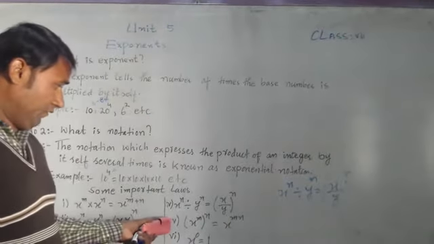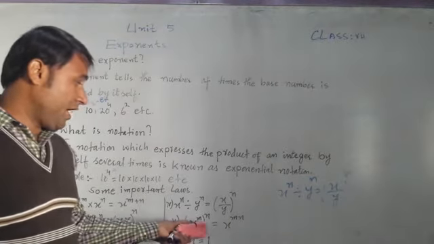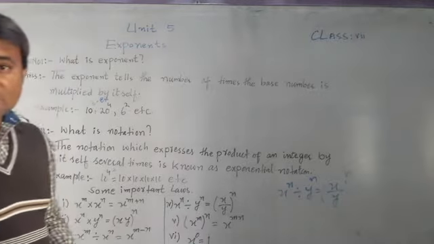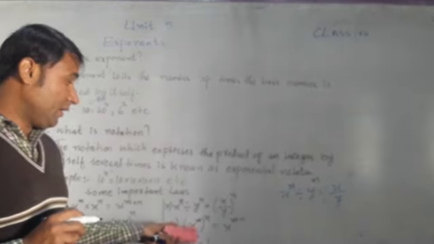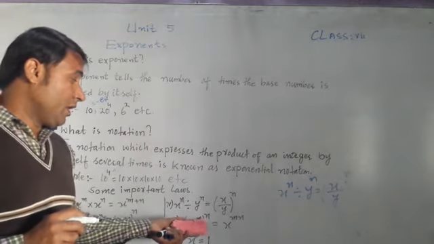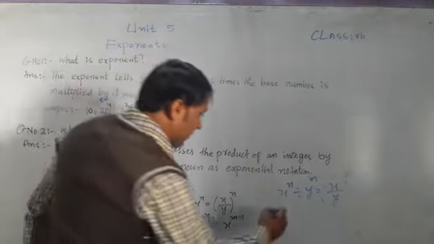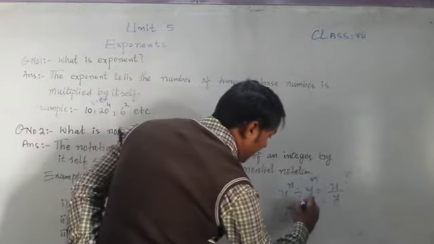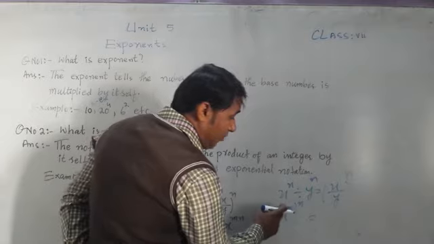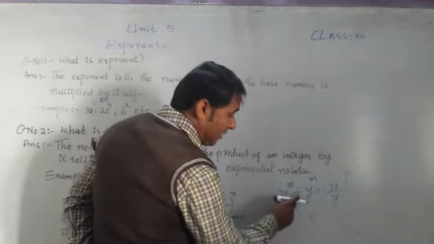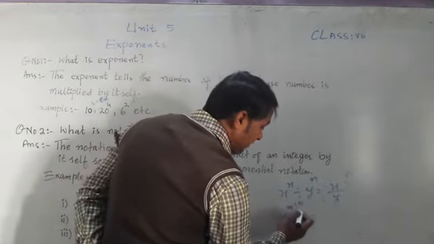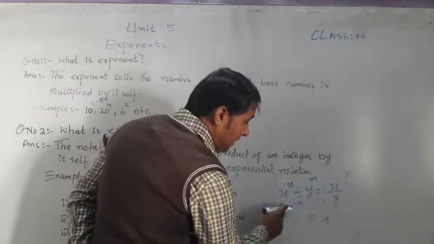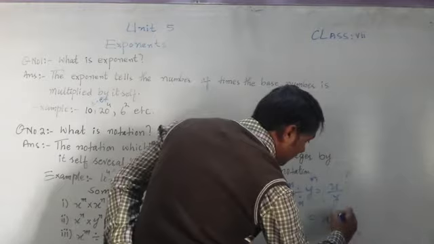Number 5 is x power m whole power n, meaning two times power is given. The first base is x, power is m power n, meaning two times power is given. So here I write x power mn, because when a power comes over a power, we multiply power with power. x is the same but the powers are multiplied: m multiplied by n, the answer is mn.